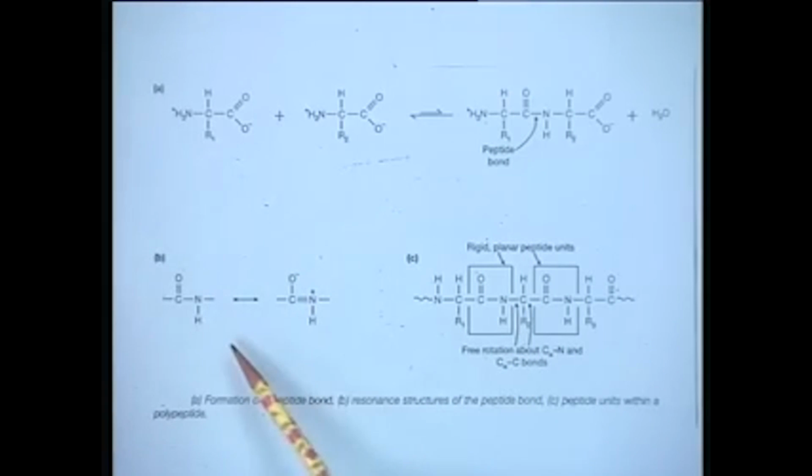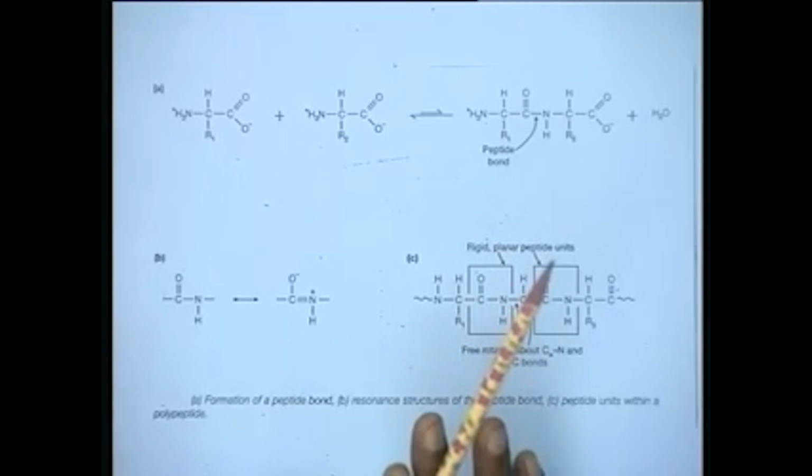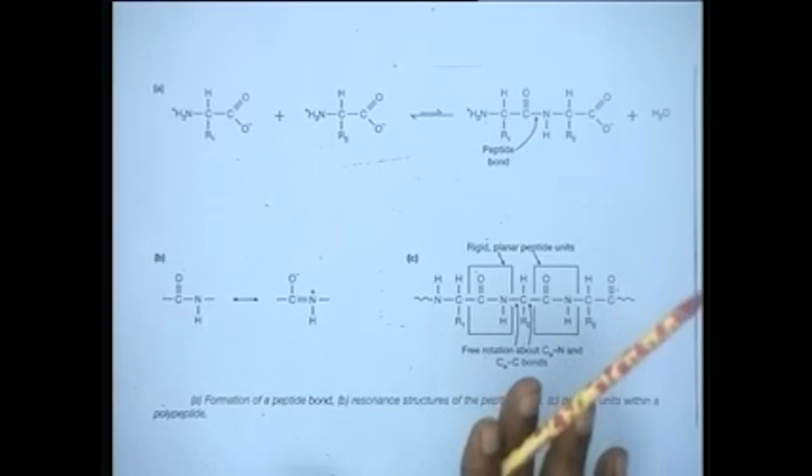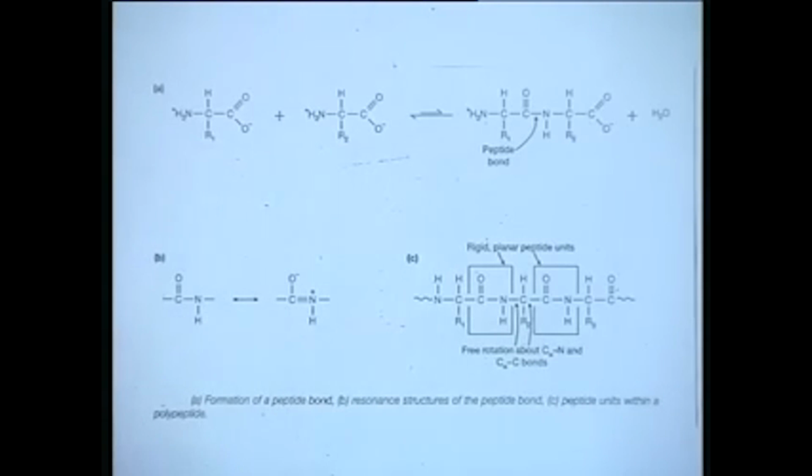Now, essentially this peptide bond has a resonance structure. It has very peculiar properties which are really carried forward in the function and structure of the enzyme molecules. It is a resonance structure. Then also the peptide units are rigid and planar in nature, and the most important property which contributes to its secondary structure